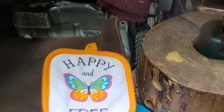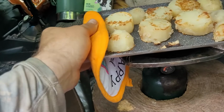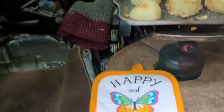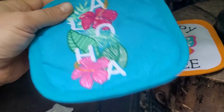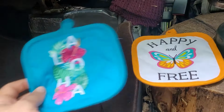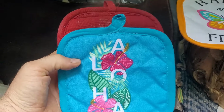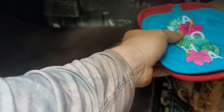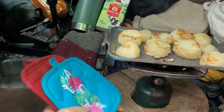I bought a couple more of these pot holders, or I just kind of use them for hot stuff in general. One says happy and free. The other one says aloha. They're 50 cents each at Walmart, and smaller than what I care for. I think I'm gonna see what I think of them. Slightly smaller. I went over to Meijer and saw what they had, and they're selling $5